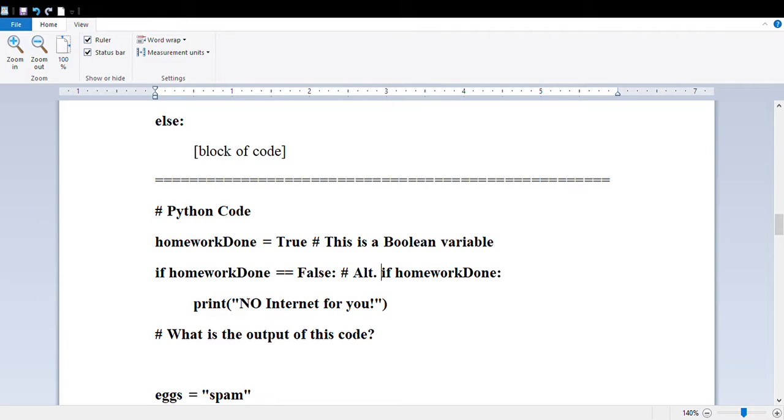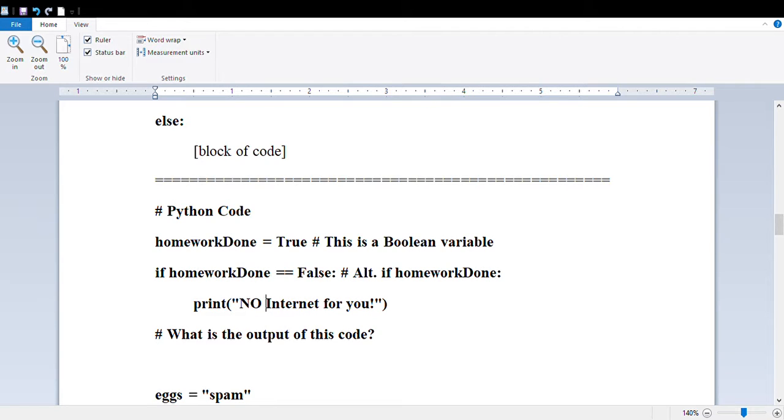So if instead of this condition, you checked for if homework done, since this is true here, since we made homework done true, so if we had this if condition, if homework done, and that's true, so what would happen,